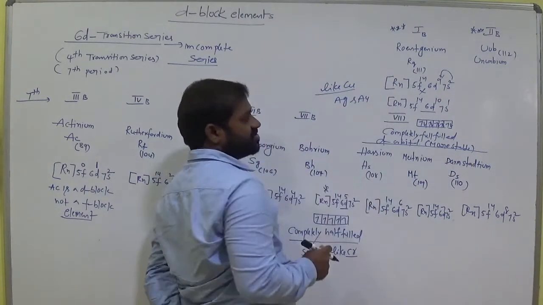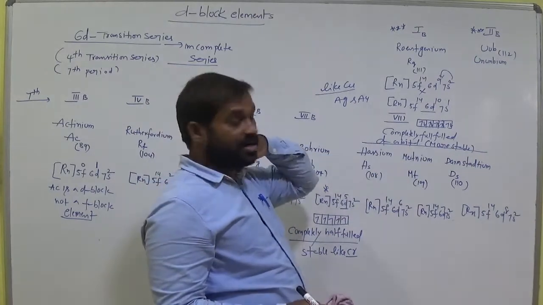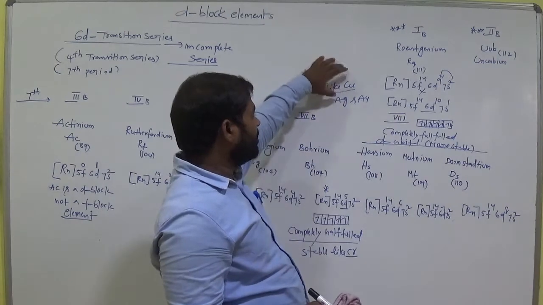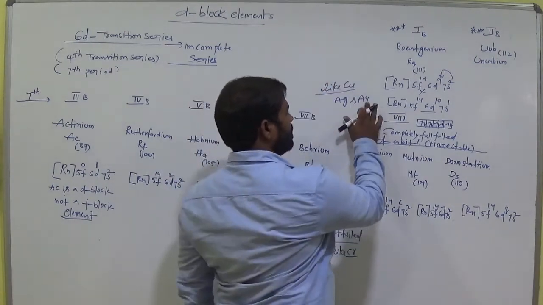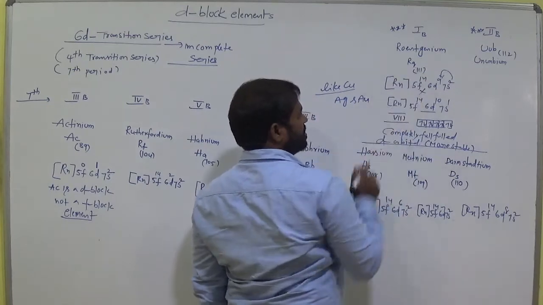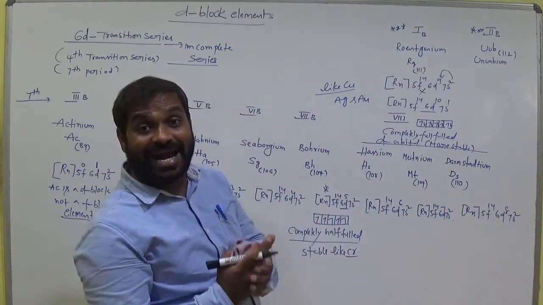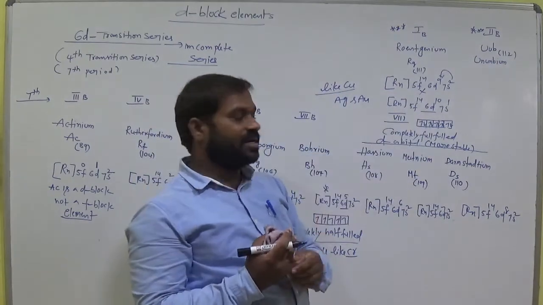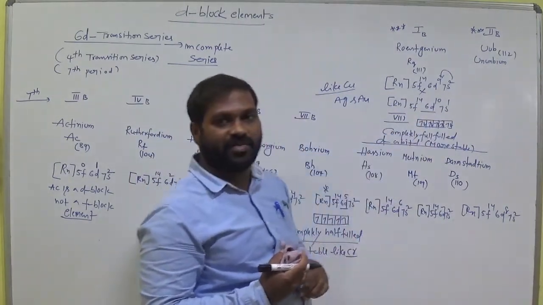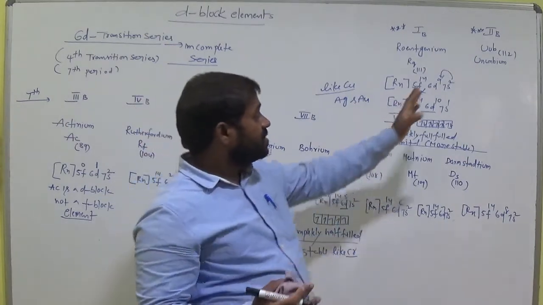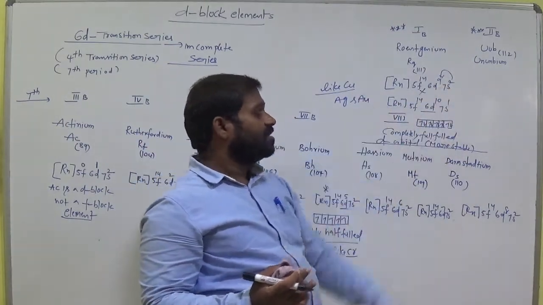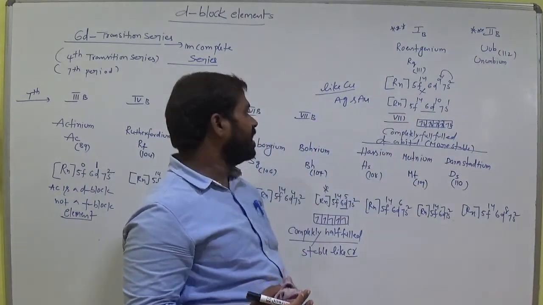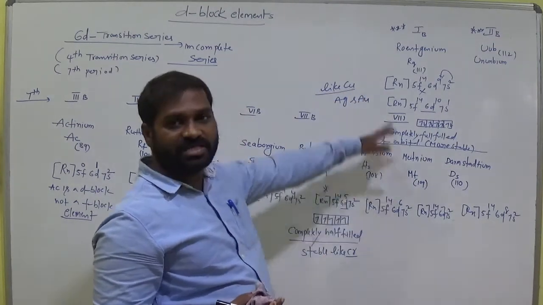And this one follows the same phenomenon. All belong to the first B group elements. Check it in the periodic table: copper, silver, gold, and this one Rg, Rentgenium we call it. These all have a completely filled d orbital, but in s it has only one electron. So for getting stability, the 7s electron enters into 6d. For gold, the 6s electron enters into 5d. Like that, silver and copper also follow the same electronic configuration.